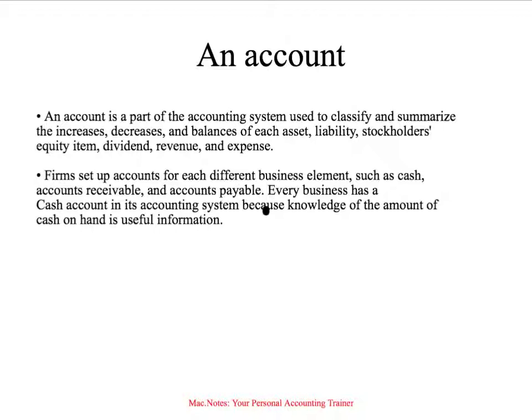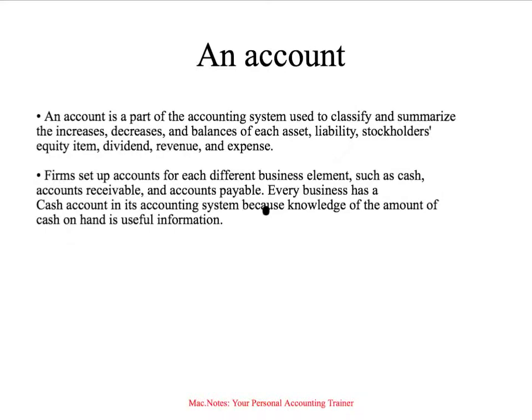To begin with, an account is part of this accounting system that we use to not only summarize but classify increases and decreases and come up with a balance for each asset, liability, revenue, and expense account, and so on. Now, firms set up these accounts for each business element, such as cash, accounts receivable, accounts payable, common stock, revenue, expenses. Every business has a cash account in its accounting system because they need to know exactly how much cash